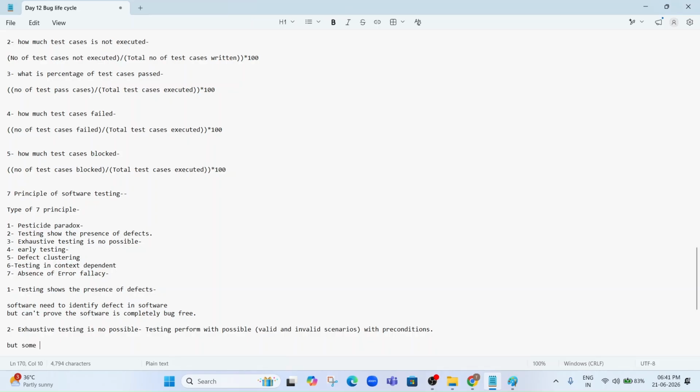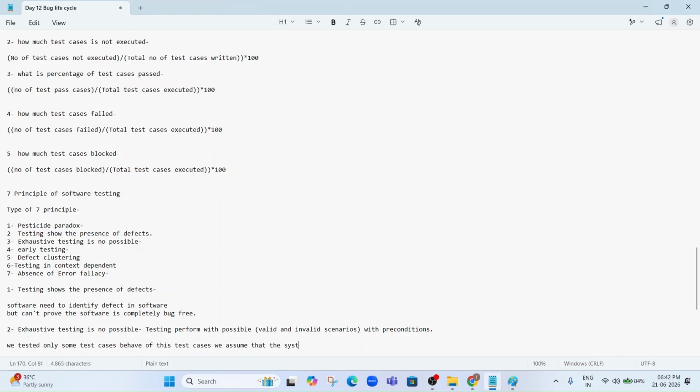But sometimes we test only some test cases, and on behalf of those test cases we assume that